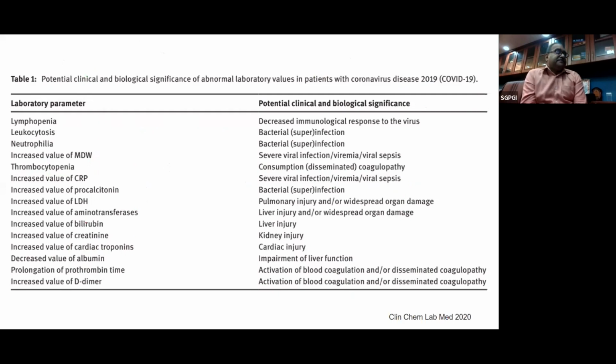If you have lymphopenia, obviously we have seen that T cells and B cells are all low. If you have leukocytosis, especially in the form of neutrophilic leukocytosis, this could be part and parcel of severe COVID disease, or there could be on top of it a superinfection with a bacteria. Now that becomes a real challenge because culture facilities are not very frequently available in most of the COVID hospitals. One should make any attempt to diagnose these patients, or even if required, empirically treat these patients with broad spectrum